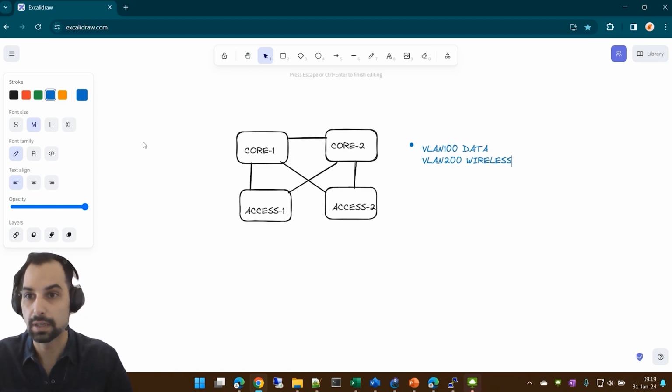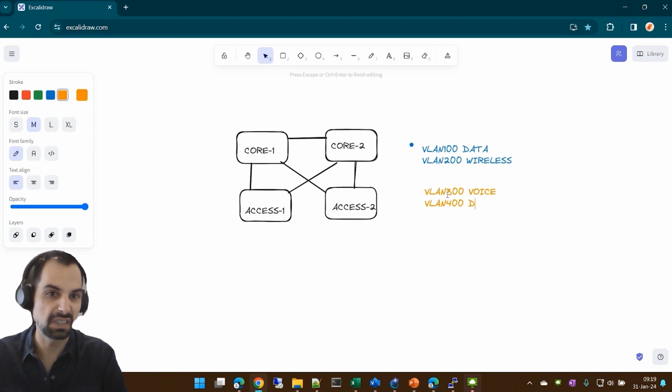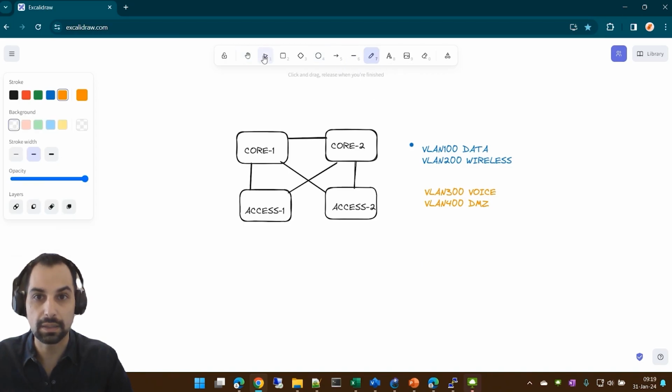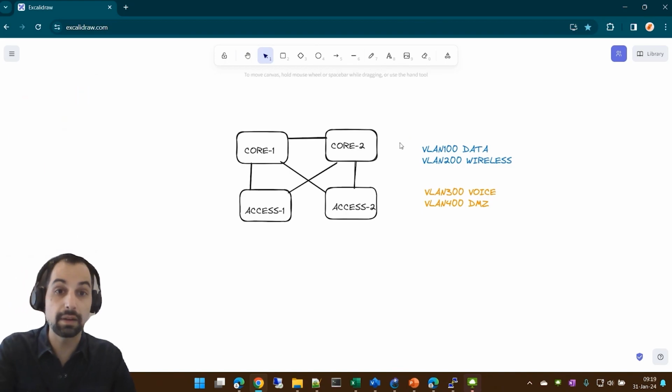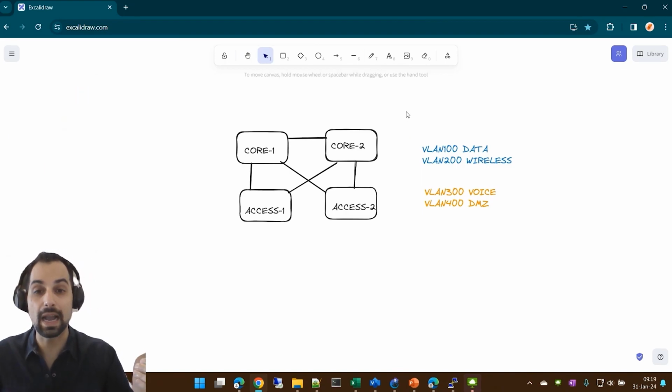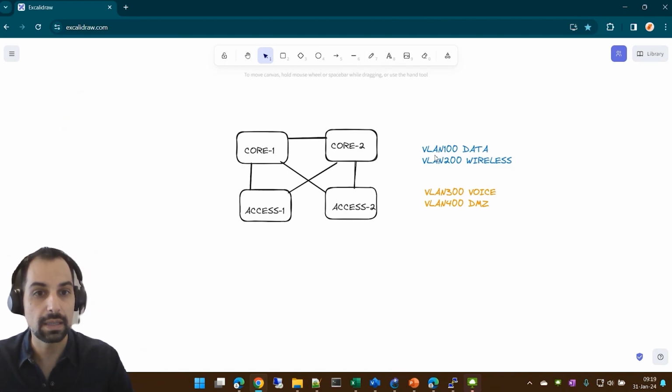Let's suppose then I'm using VLAN 300 for voice, and VLAN, I don't know, 400 for a DMZ. Let's suppose we have a firewall somewhere, and we have a DMZ somewhere. Okay, so in this particular case, the per VLAN spanning tree may calculate different spanning trees depending on the VLAN,